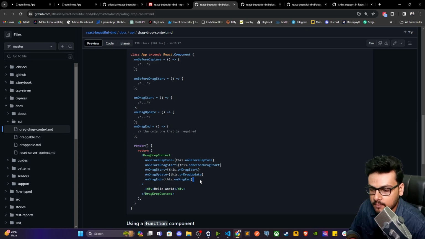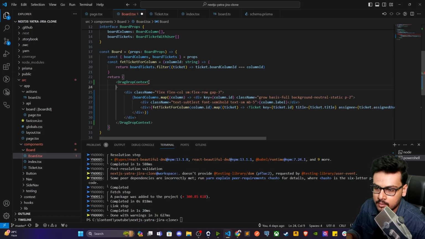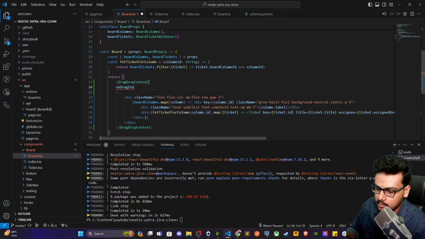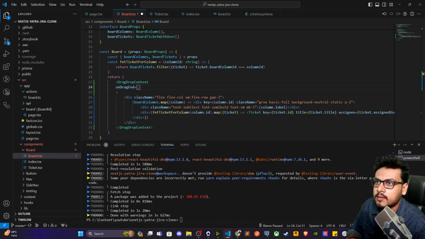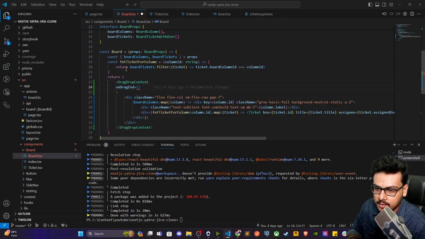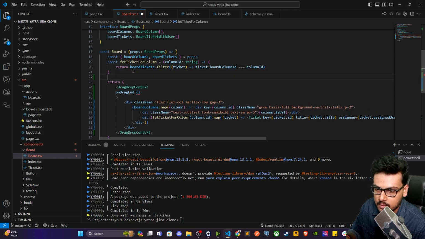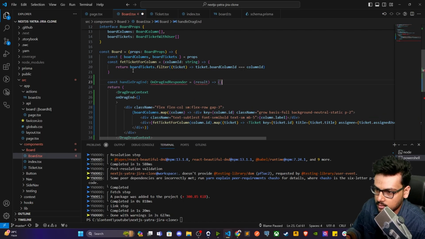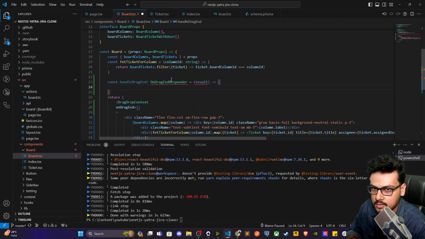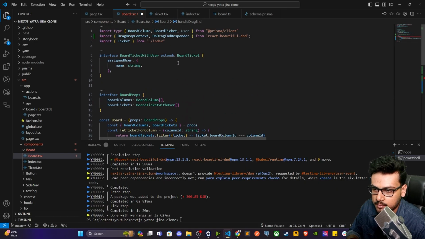So we will create one handler for onDragEnd. This would be one function, onDragEnd, and it would contain the result. Let me quickly grab the function over here. This is the OnDragEndResponder type. You can import it from react-beautiful-dnd. This is a type, so